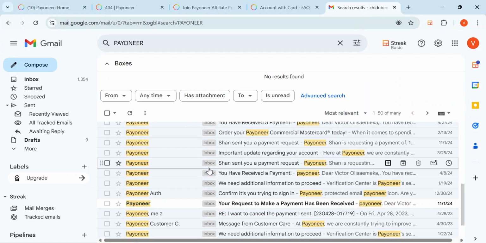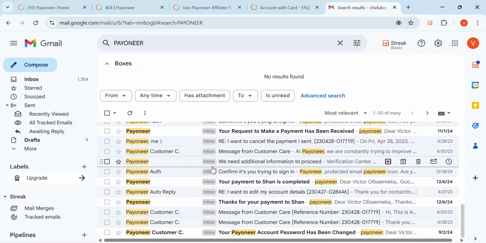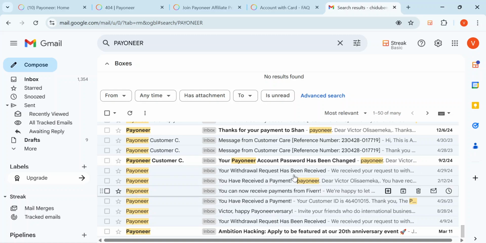Payoneer would ideally send you a Gmail where you can click on it and know what actually went wrong. So if it's a redeemable one, that means if it's temporary, your account will be restored. But if not, I will advise you create a new one. So that is how to actually tackle the problem associated with Payoneer locking your